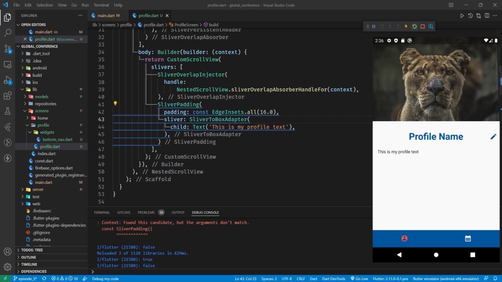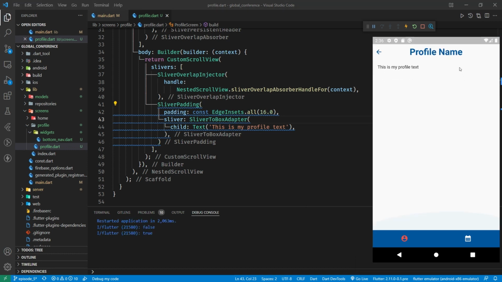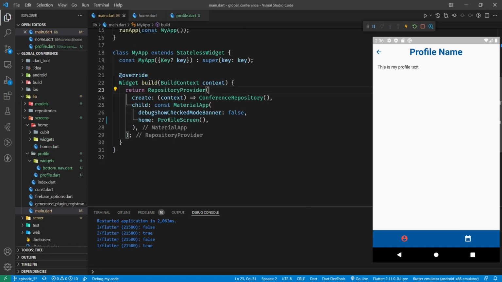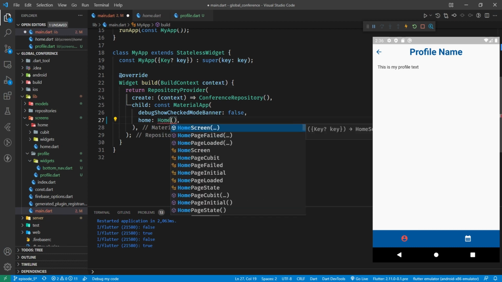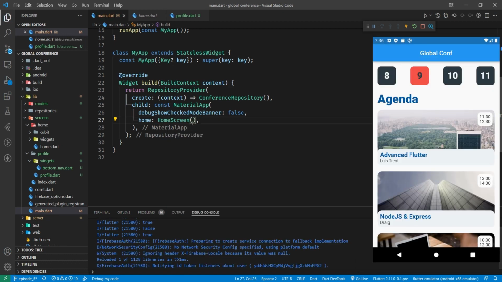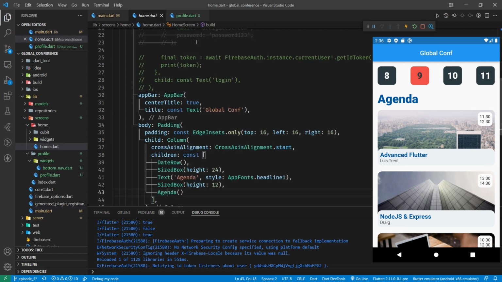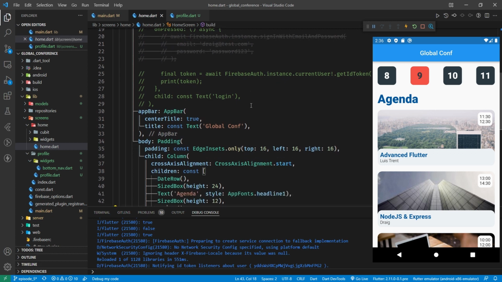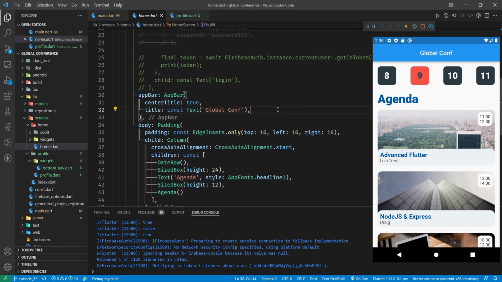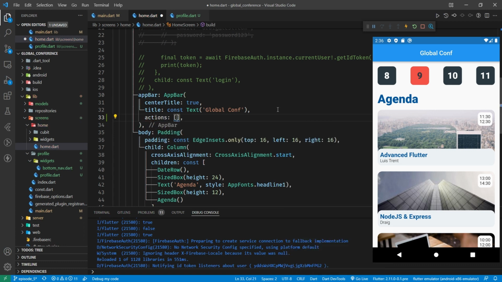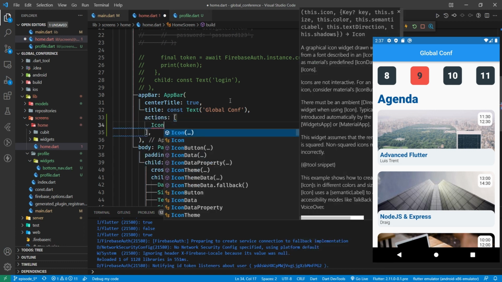Okay, so let's do a hard reset, make sure that's all working. That's all right. So at the moment this doesn't work because there's nowhere to go back to. So let's come to our main.dart and put back our home screen. Okay, so we're back at our home screen, and from there, let's come to our home.dart. We want a way of getting to that profile page. Well, for now I'm going to do it in the app bar, and in the app bar I'm going to put an action, and I'm going to put an icon button,